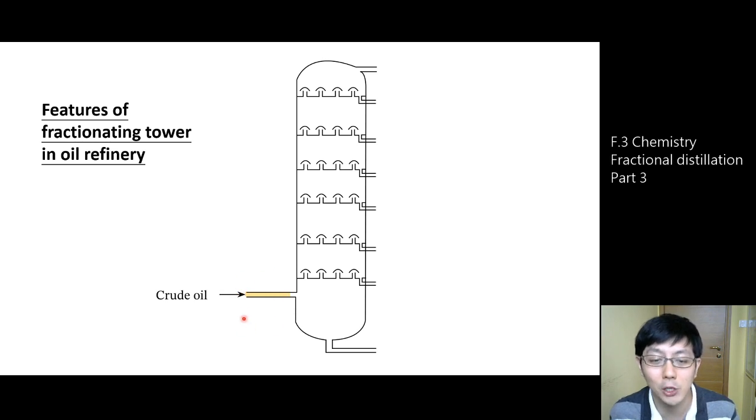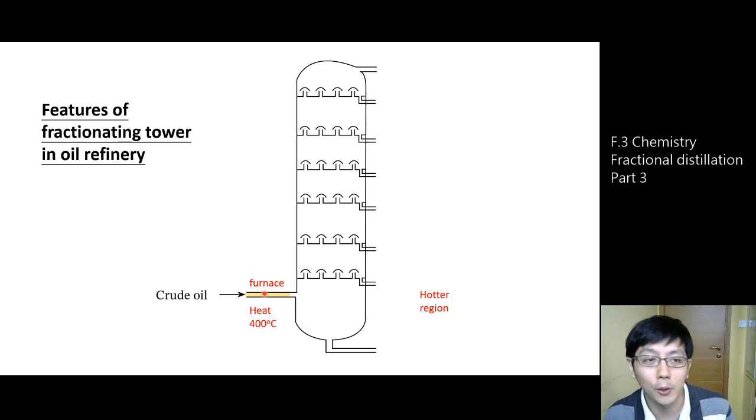And this part actually is a furnace, like a fire stove. It will heat up the crude oil inside to about 400 degrees Celsius. It depends on the type of fractionating tower being used, and different countries may differ. But the mainstream is usually 400 degrees Celsius. And because the furnace is located here at the main entrance for inputting crude oil, the position of the tower close to the furnace, of course, will be hotter. For the position that is further away from the furnace, definitely it will be cooler.